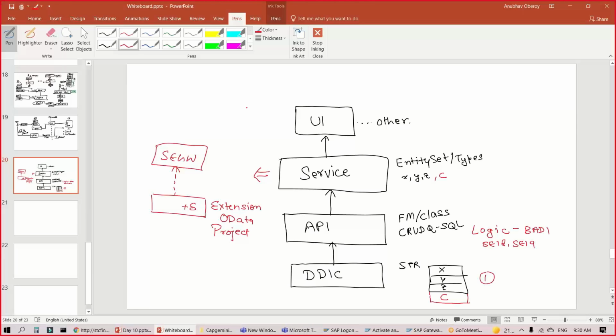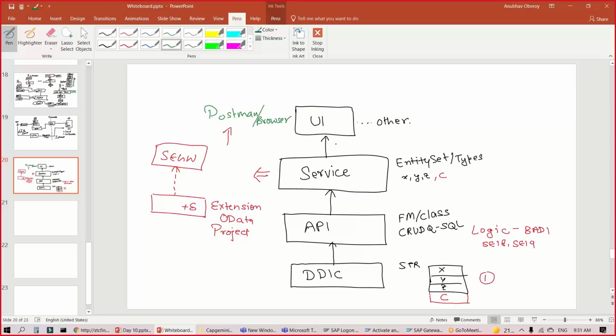Make sense? So now let's understand how we can build an extension project end to end. And finally, when you test in the Postman tool or any tool, eventually you will be able to see the custom field and use it. So this is our entire end-to-end development flow. I hope everybody is clear on the architecture and the flow. This is how we learned building OData services in our complete training, and now we are just going to do an extension in the same fashion.